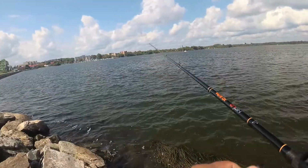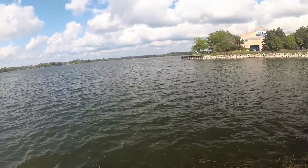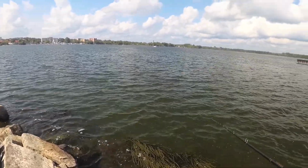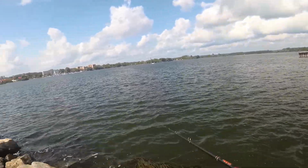Start covering some water. So out here, geez, I guess in like this time of year, things can just kind of change really fast. It's like you might get on a bite one day, and the next day they might just decide to up and move,